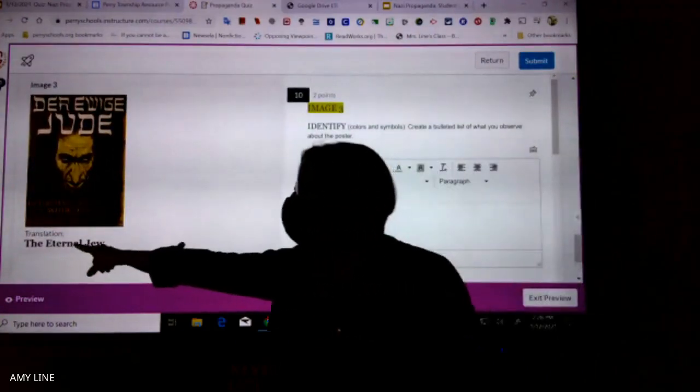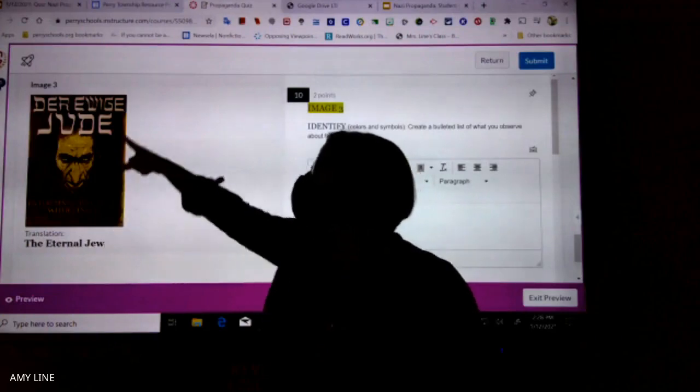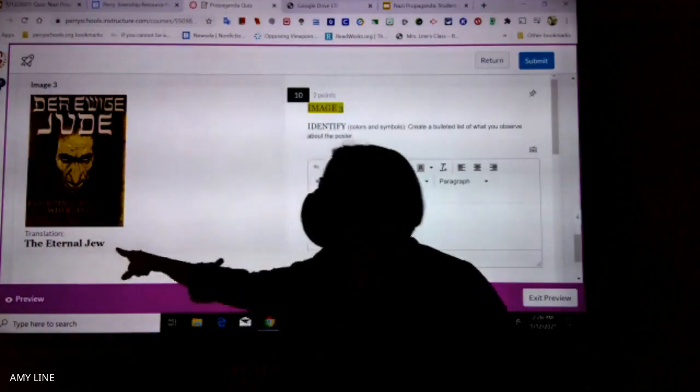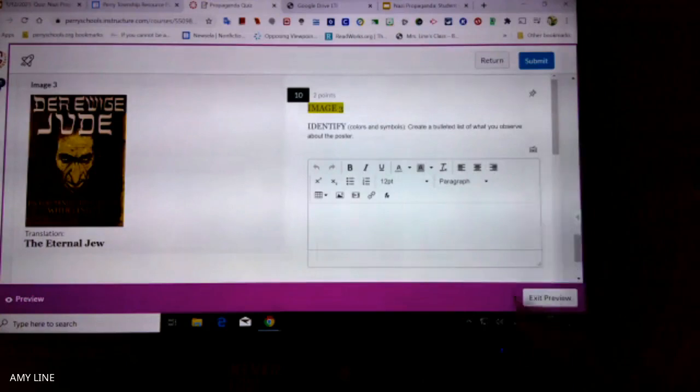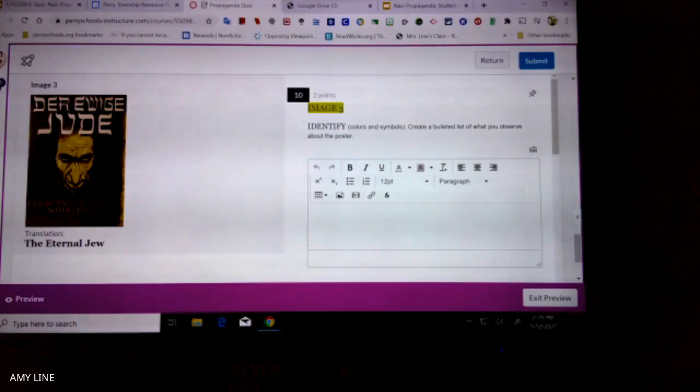And then our last one that you are going to be evaluating, analyzing, okay? And this one says the eternal Jew. That's what we're saying up there, the eternal Jew. And again, identify, explain, defend that explanation, and then tell me that propaganda technique. Okay? You have the rest of the class period to work on it. It is due